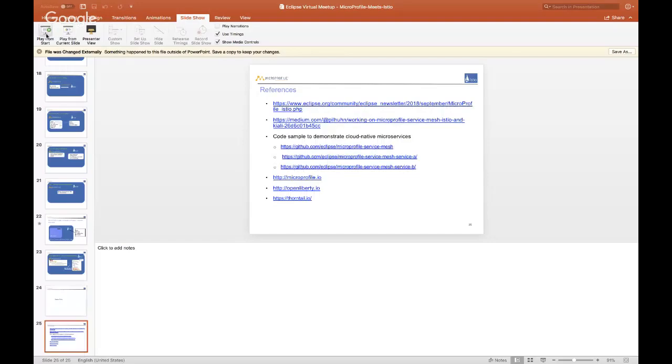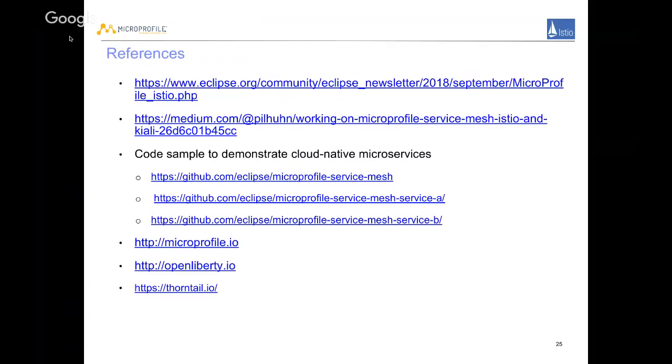So this is the takeaway for the references. The top one is an article I wrote about MicroProfile and Istio, for the Eclipse newsletter September edition. That went into a lot of details and looks at each technology in great depth.